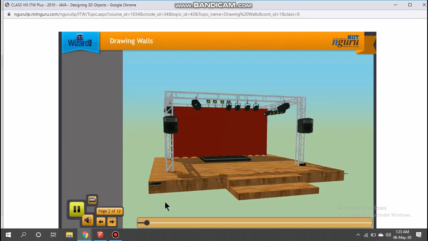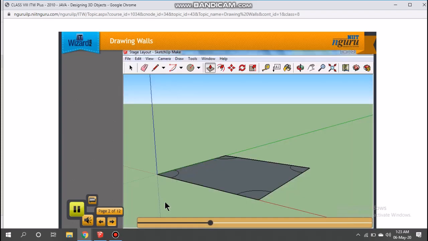You have already created planes for the stage layout. To turn your stage into a three-dimensional model, you need to create walls and pillars for the stage, create the podium, add stairs and other decoration objects. So far, you have created the planes for the stage layout.